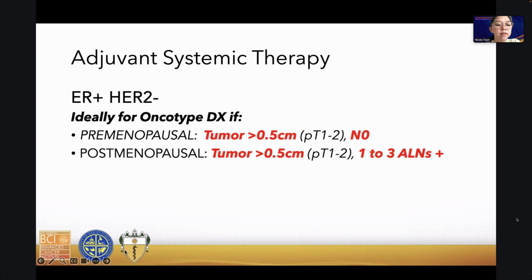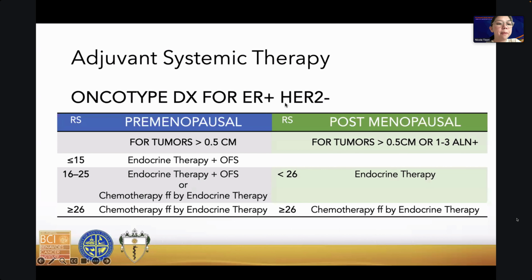More than 0.5 cm. So kung T3, normally chemotherapy na yan. And I also made a table with the different recurrence scores to make it easy to remember. So any Oncotype DX recurrence score greater than or equal to 26 would warrant chemotherapy followed by endocrine therapy. For postmenopausal women, a recurrence score less than 26, there's no benefit to giving chemo, and we just